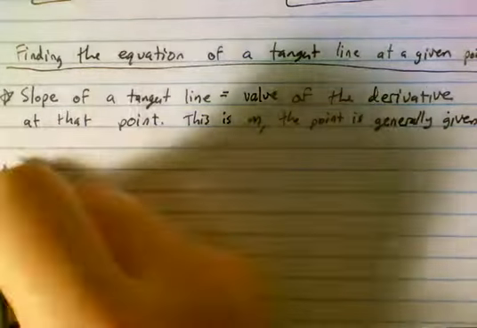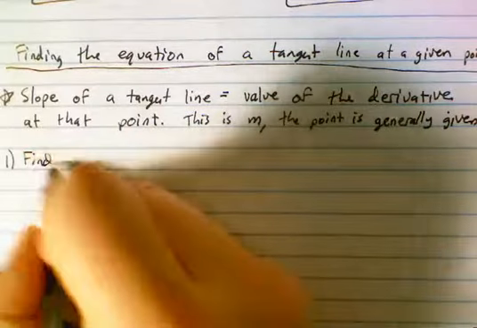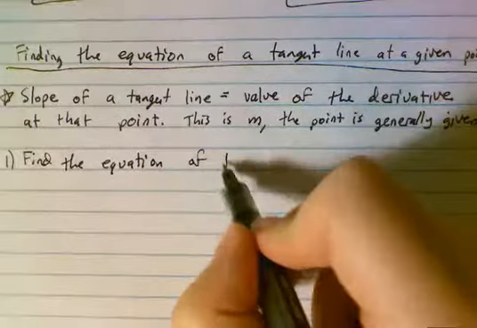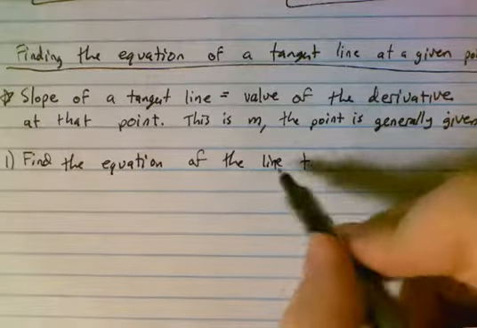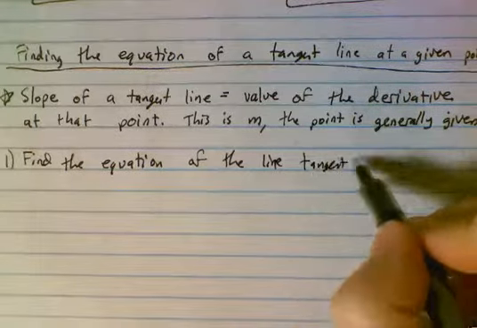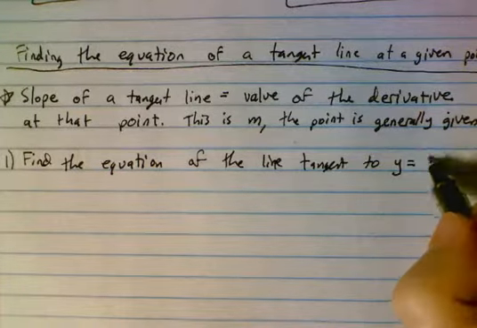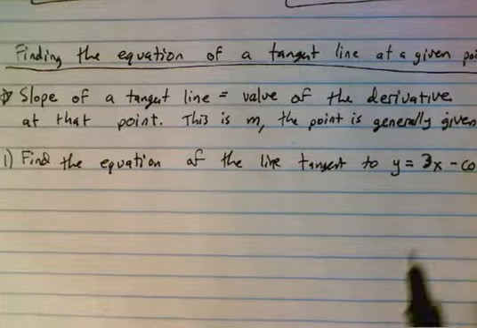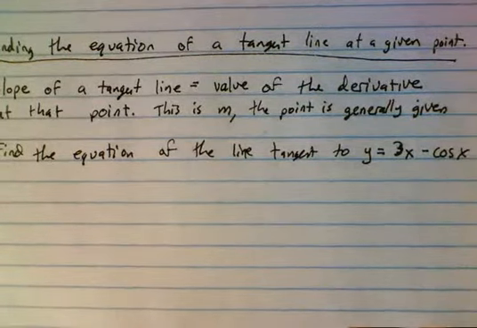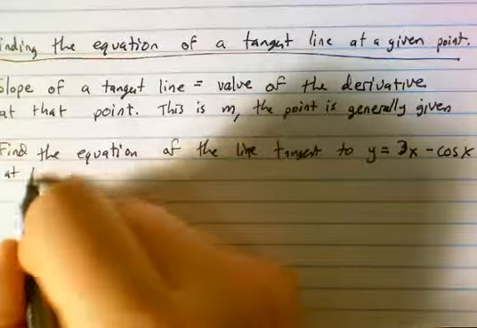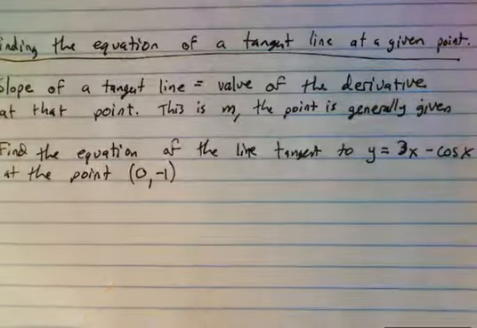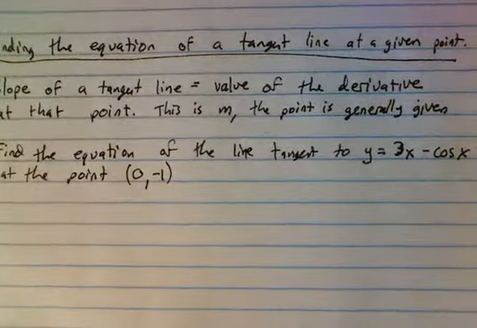So let's go ahead and do a problem. Find the equation of the line tangent to y equals 3x minus cosine x at the point (0, -1). The vast majority of the time this is going to show up in a non-calculator question, so let's do this